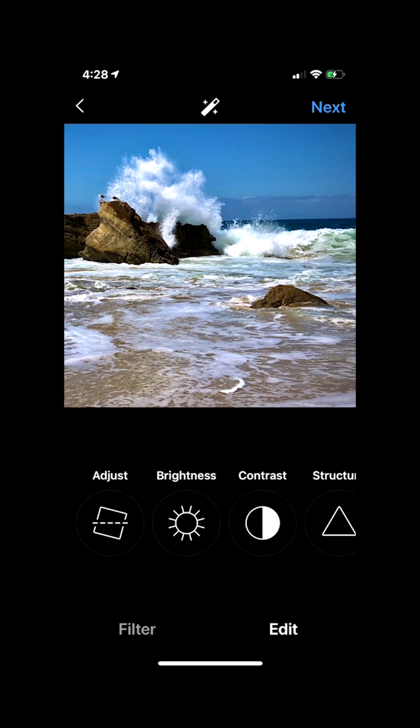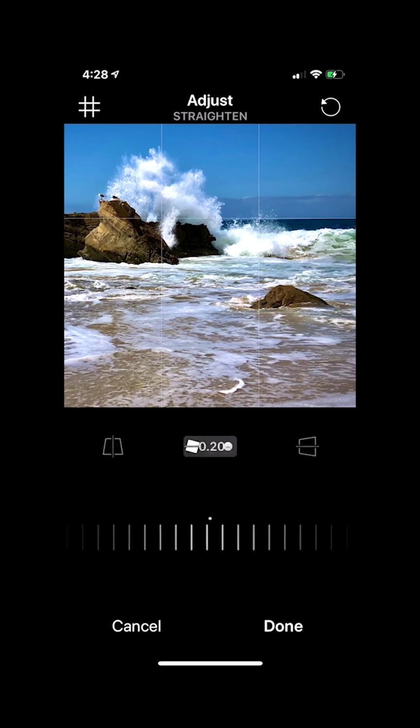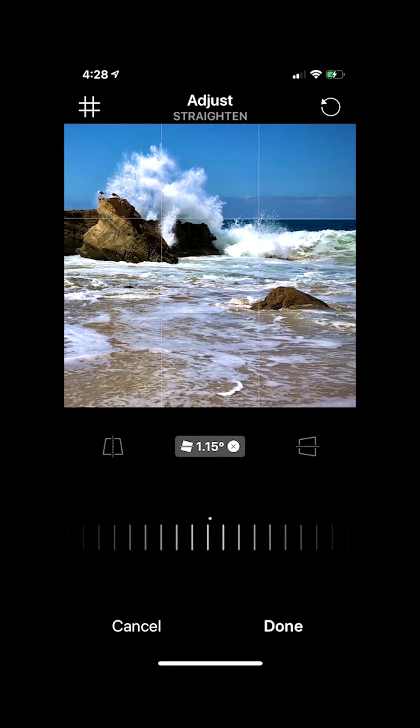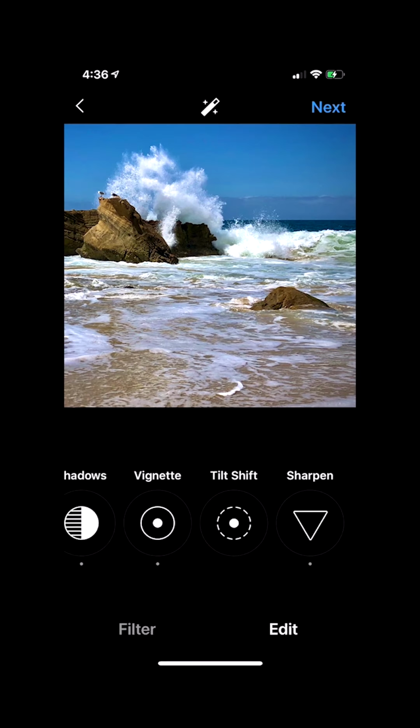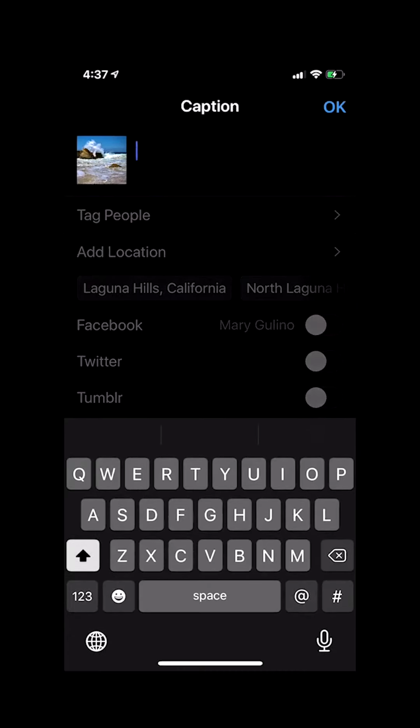Once you click that edit button, you can raise the exposure or lower it. You can lighten and darken shadows or highlights and do a variety of different things. So scroll through the different options, tap on them, and then you can adjust them accordingly however you would like to. When you're done editing, you can click on Next, and that will bring you to this window where you